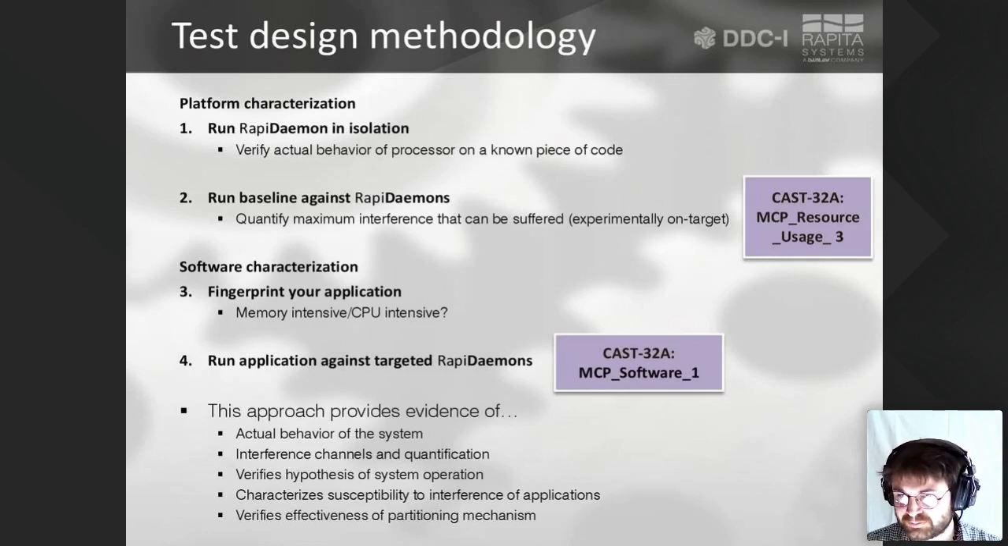So again, particular link back to CAS32A. This will provide evidence for MCP software 1 objective. So this approach provides evidence of the actual behavior of the system, provides on-target measurement of interference